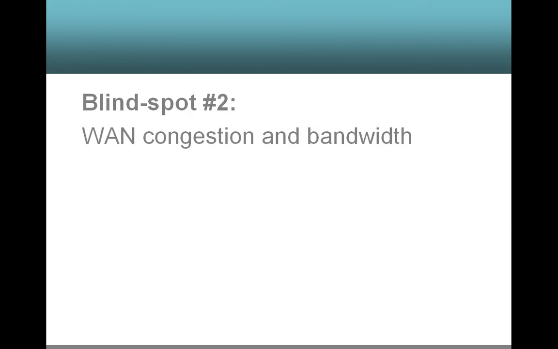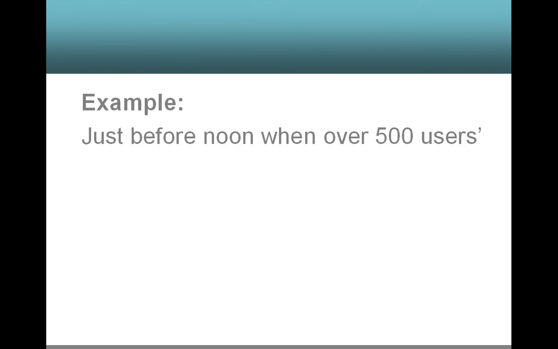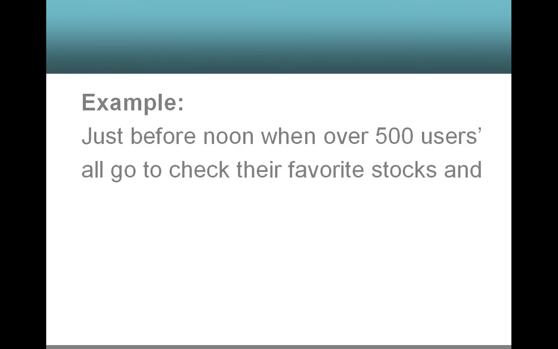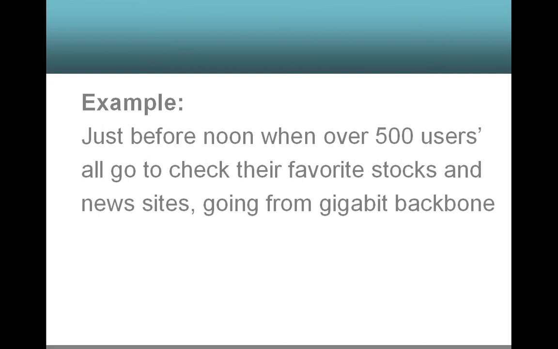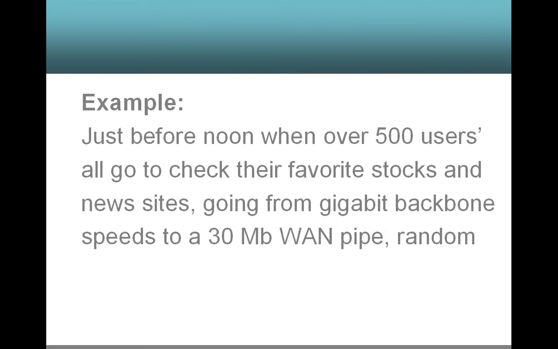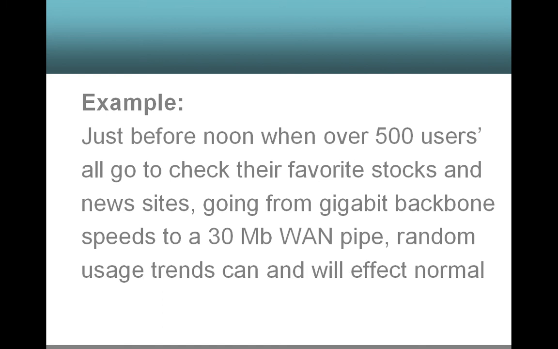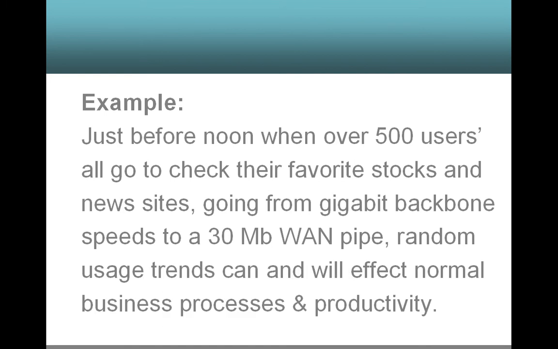Blind spot number 2. WAN congestion and bandwidth contention. Example, just before noon, when over 500 users all go to check their favorite stocks and news sites, going from gigabit backbone speeds to a 30 megabit WAN pipe, random usage trends can and will affect normal business processes and